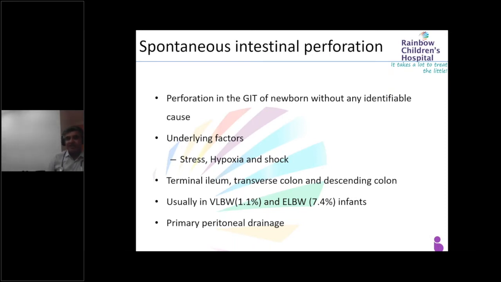So, what's the treatment for that? Some of the conservative people just do not do anything and wait for the perforation to heal, assuming that it will be a sterile perforation. But apart from surgical interventions, there is primary peritoneal drainage, like putting in a drainage tube in the abdomen just to decompress the abdomen and buy time. Sometimes the perforation heals spontaneously and we can avoid a surgery. In extreme circumstances, if the perforation is not healing, then surgery needs to be done.